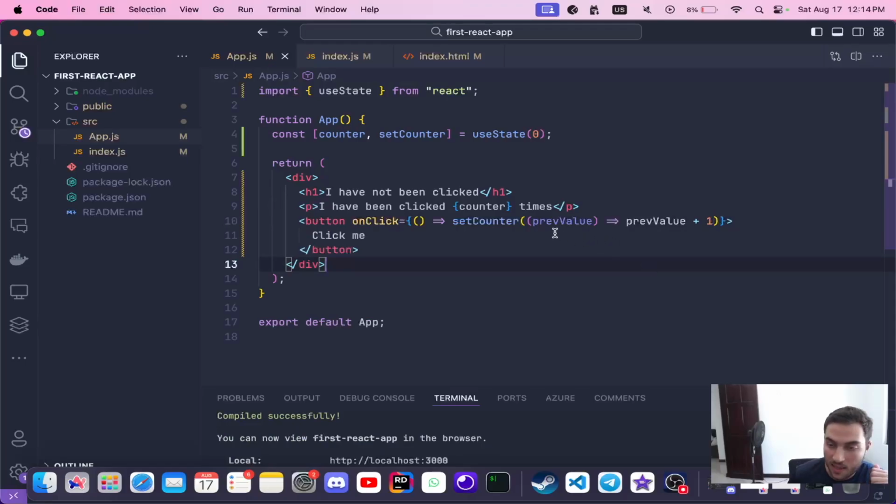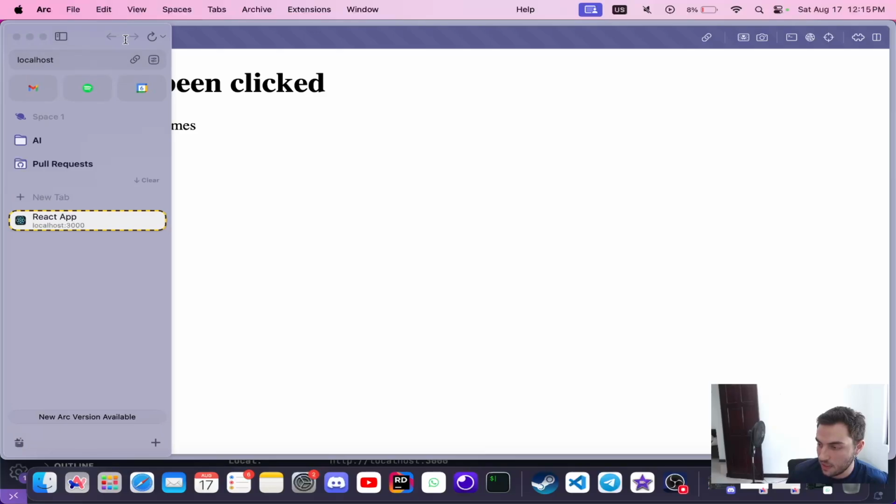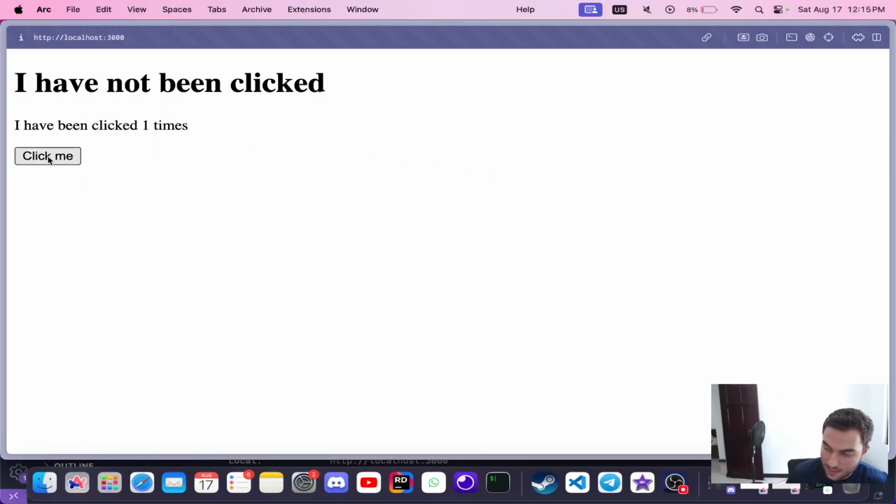So I'm saying please set the counter with whatever was the previous value and increase it by 1. In the first scenario, it is going to be 0, 0 plus 1, 1. The second one, it is going to be 1, 1 plus 1 is going to be 2, and so on. So as you can see, if I now refresh my application and I click it, 1, 2, 3, 4, 5,